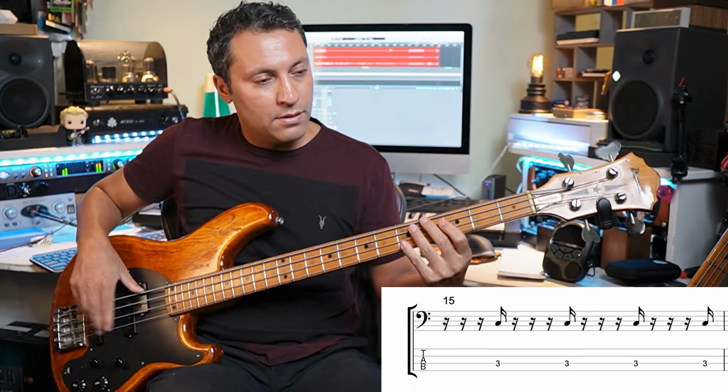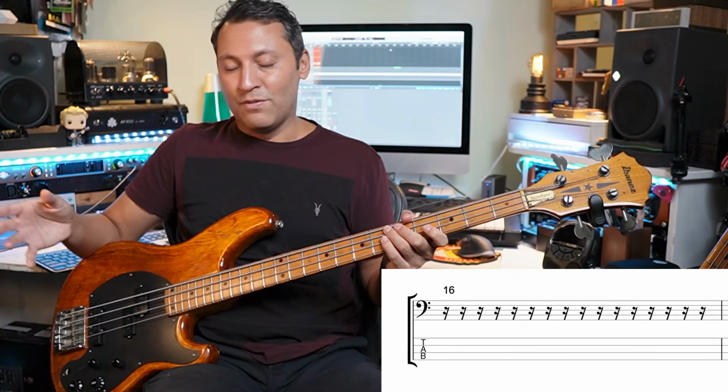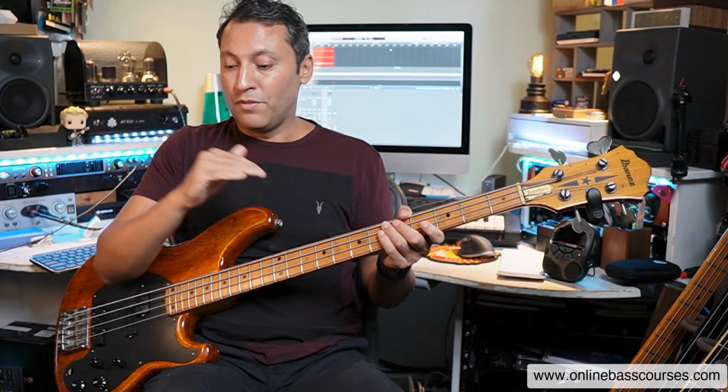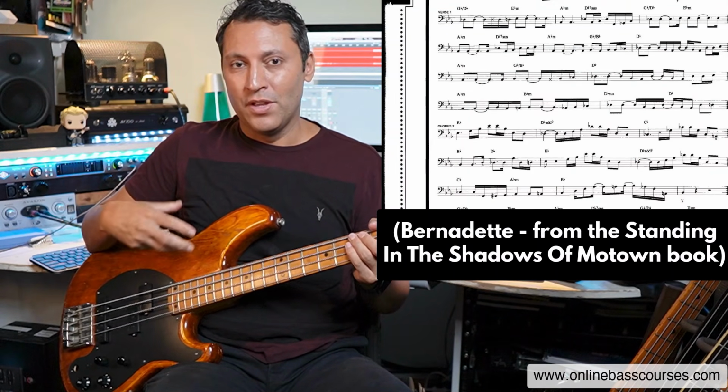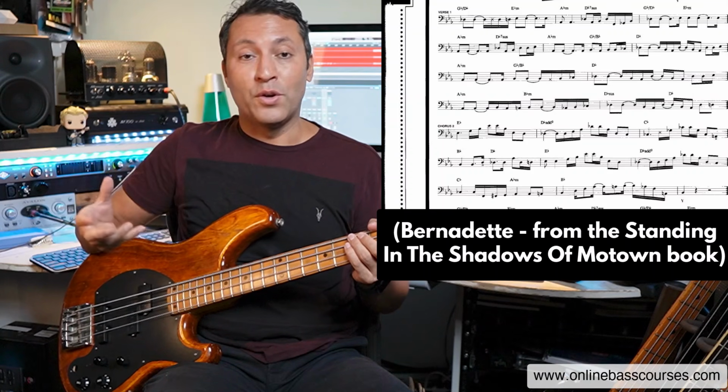It sounds awkward, it feels awkward to play. Very syncopated though. And then we've got the last configuration of 16th notes, which is just a load of rests. Okay. Now, if you look at this James Jamerson bass line here, you'll see that it's heavily focusing on 16th